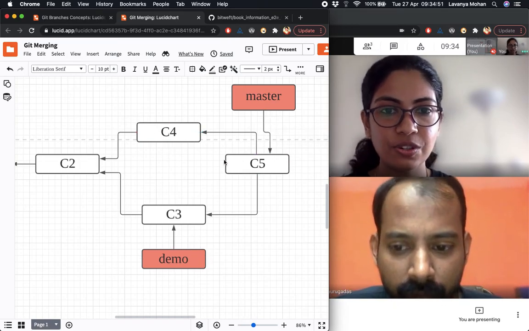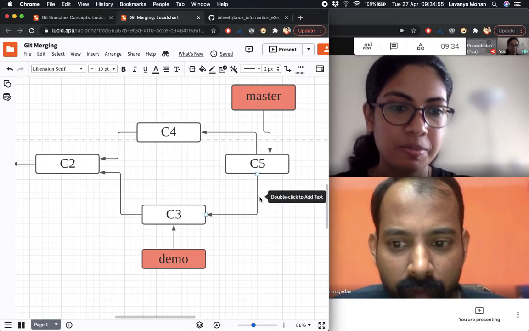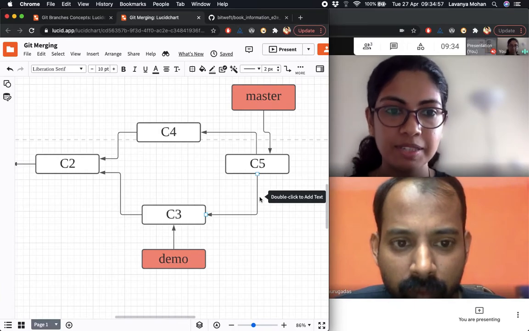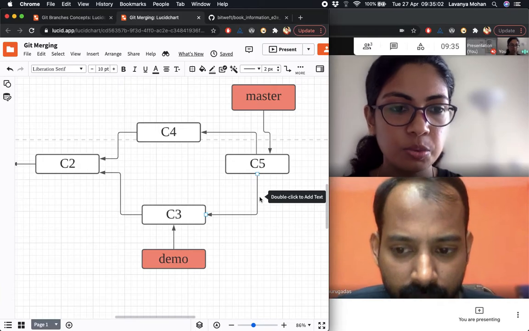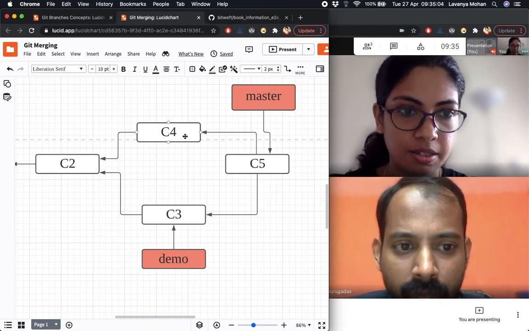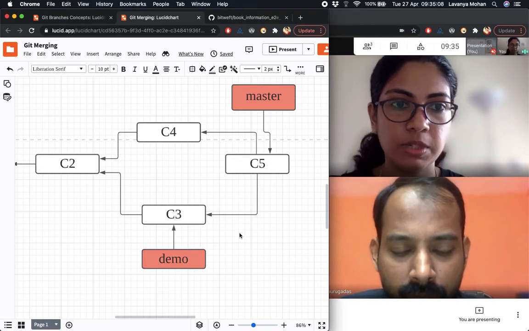Ideally, this is a happy path case where the merge commit just happens automatically. There are sometimes where, let's say you and I are working on it, and you were the one who pushed to master, and I'm now trying to merge my changes to master branch.